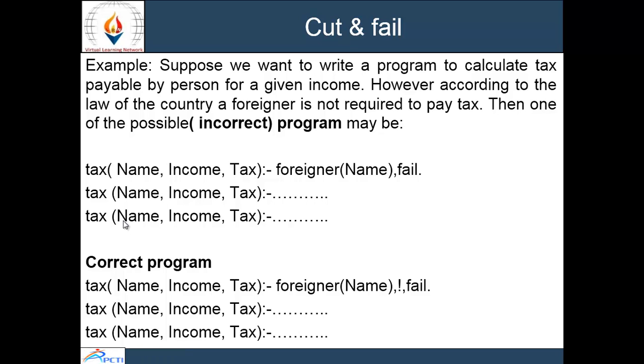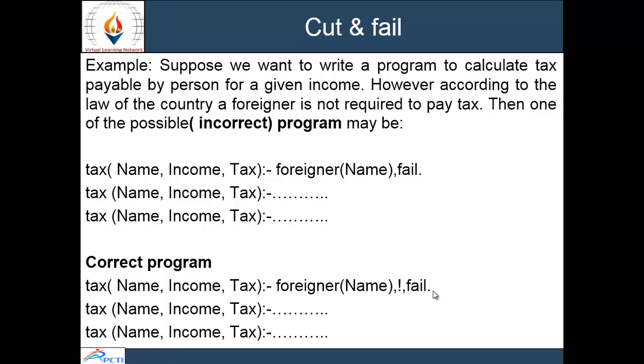However, the error can be rectified using the cut operator. That is, we specify the cut operator after foreigner name. Because of the presence of cut in the first rule before the fail, if foreigner name succeeds, then no backtracking takes place after returning to cut from the execution of fail.